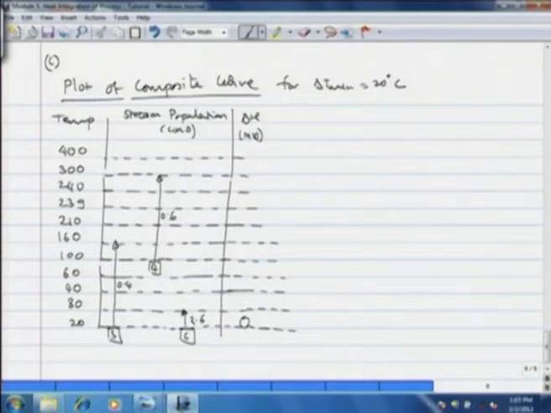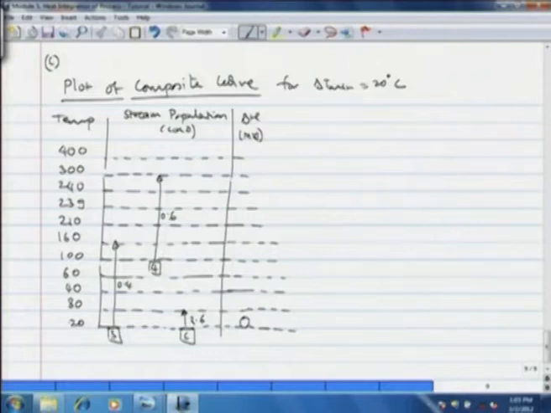Now as long as the number of streams in a particular temperature interval or succeeding temperature interval remain constant, we will have a straight line of the composite curve. Whenever there is addition or deletion of any stream, then the slope of that particular curve will change. Now let us see the first interval. We assume for cold streams enthalpy to be 0 at 20 degrees centigrade.